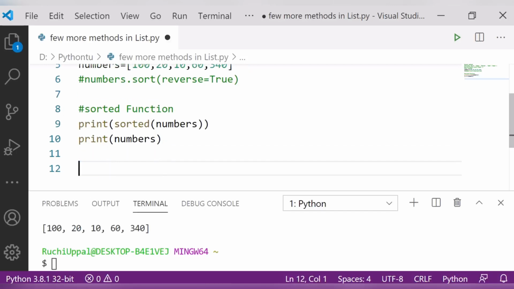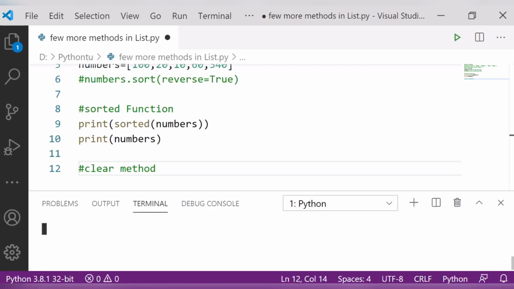Fine, so next is my clear method. Clear means, I'll simply show you here at the bottom. If I write here clear, what will happen? It is removing the previous output over here. It is clearing the output pane, so that we will not get confused between the other outputs and the new one. Clear? So how to use it in a list.